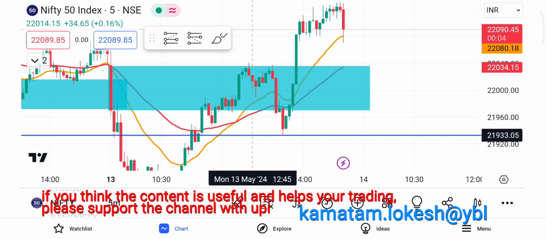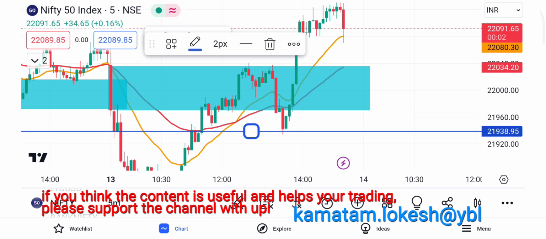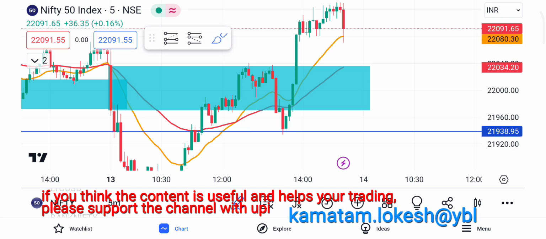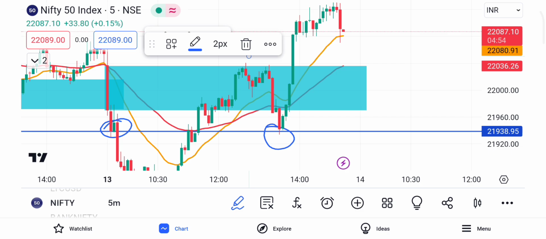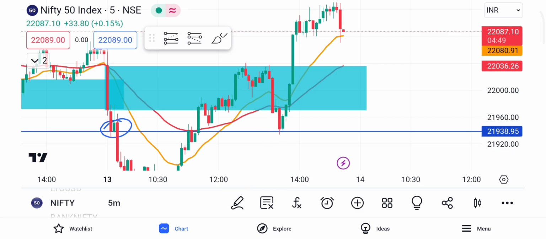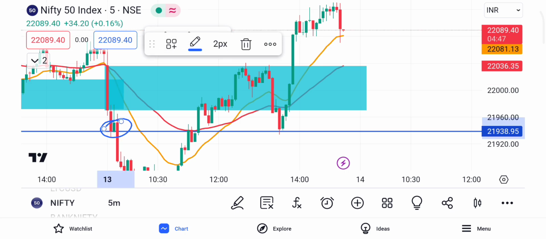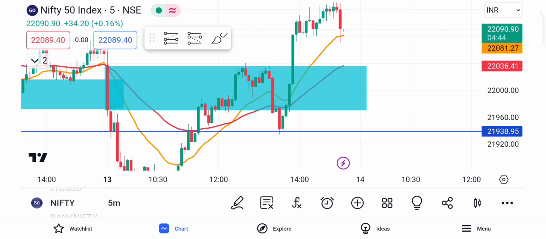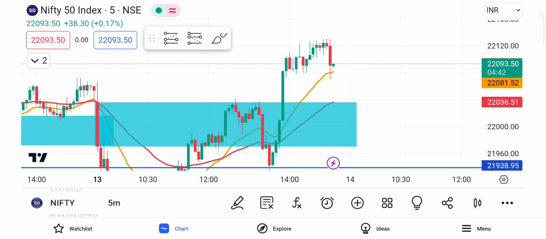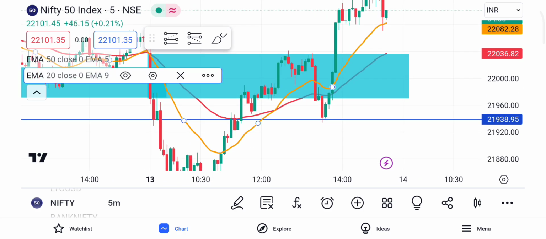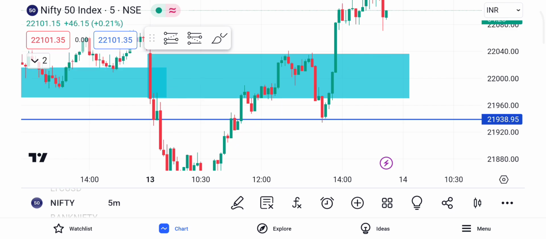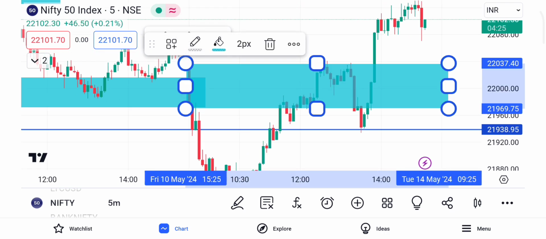So if you see here, from here the market has bounced. You could have taken, suppose you must be thinking, from here I'll take a short CE or something very quickly, make some money and get out of it. You could have thought of it. That's one thing. Anyways, I'll just exit, close this, hide these EMAs. Right now we are not discussing it. So this is today's. Let us go back.